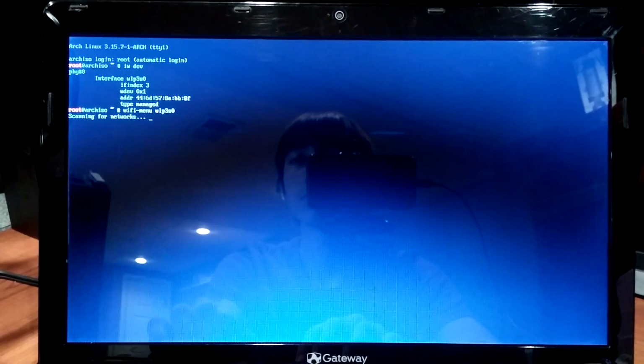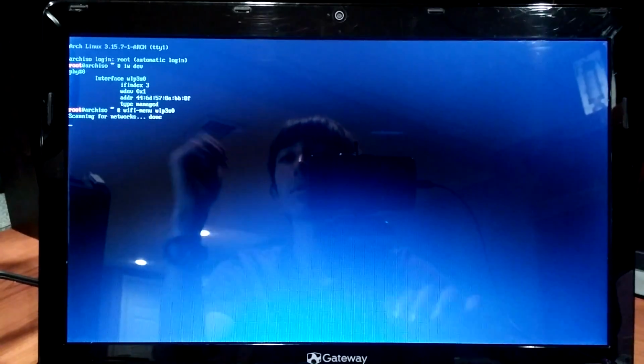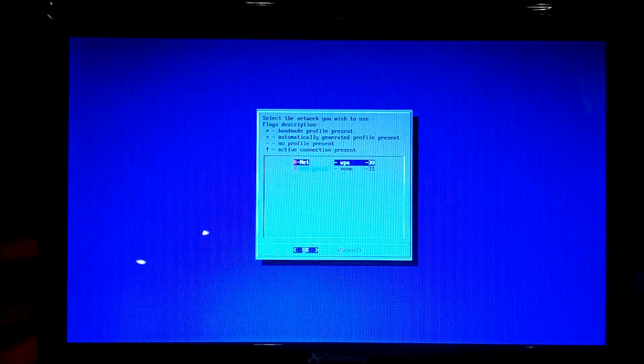Checking for networks, or scanning for networks. Hoping the Wi-Fi card still works. Hoping that that's not broken too. Here we go. KNet,